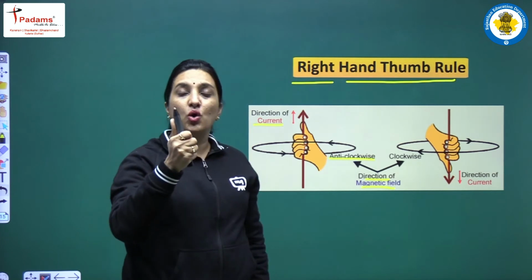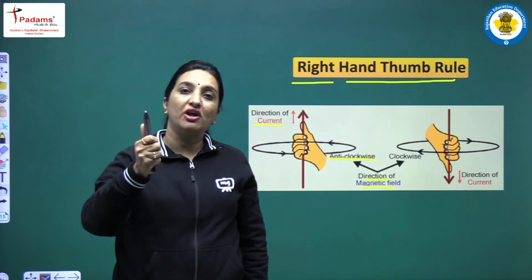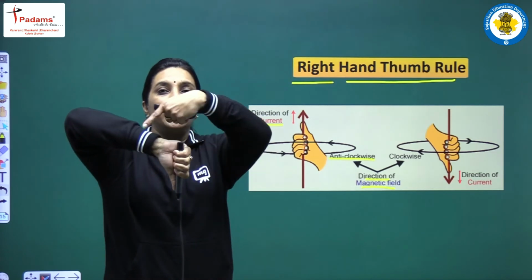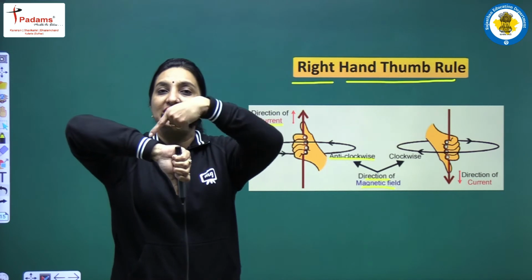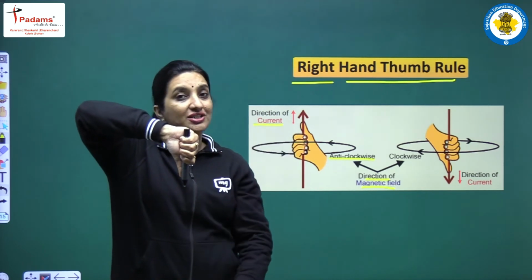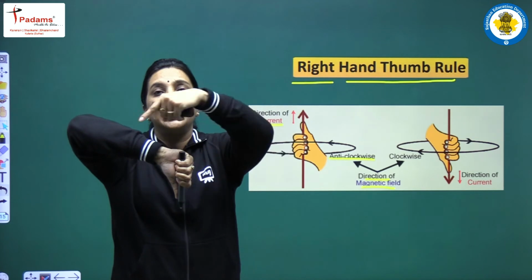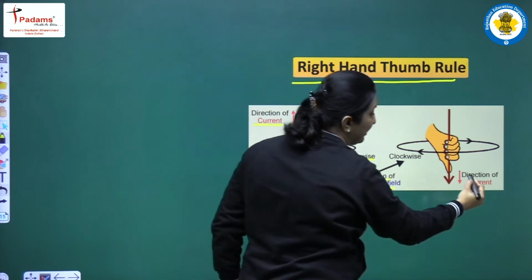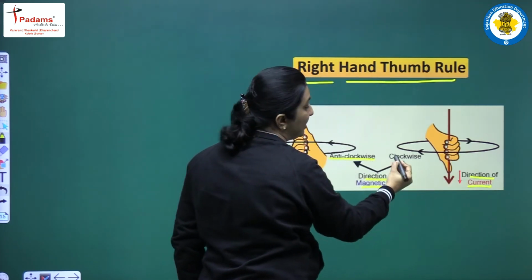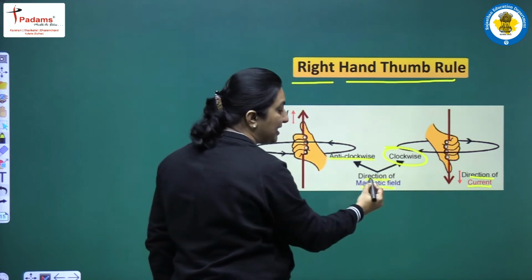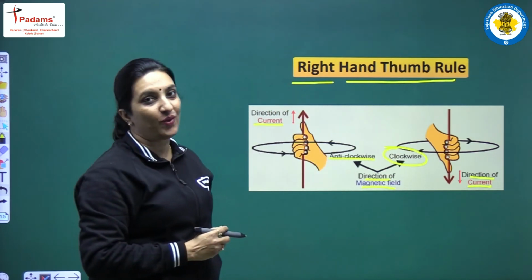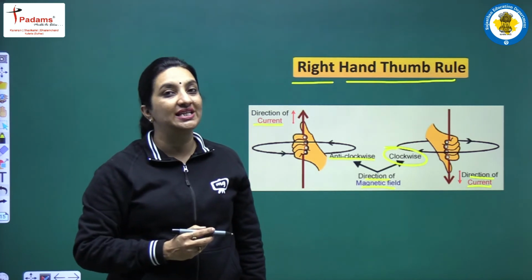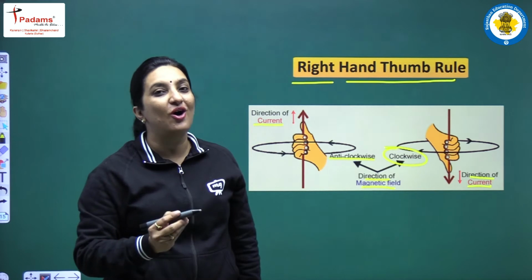Now if I hold the conductor like this and the direction of current is like this, then what I see is that the curl of the fingers will give me the direction of magnetic field. So if the direction of current is downwards, then what I see is that the direction of magnetic field is clockwise. So what I see is that the direction of current, if it is downwards, then the direction of magnetic field is clockwise. So this is the right hand thumb rule, students, which gives us an idea about the direction of magnetic